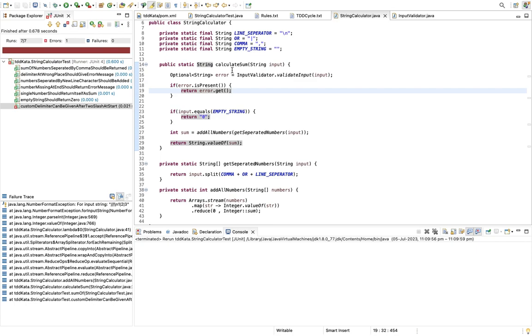So if the custom delimiter is not there, then it is going to use the default delimiters, that is comma or line separator. Okay, how should we do this? Let's just